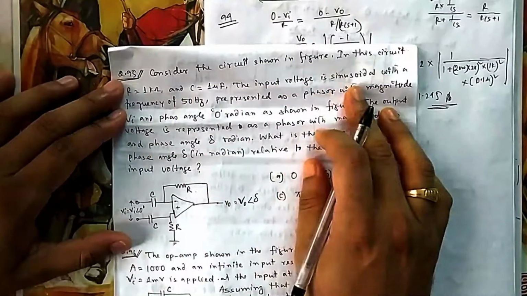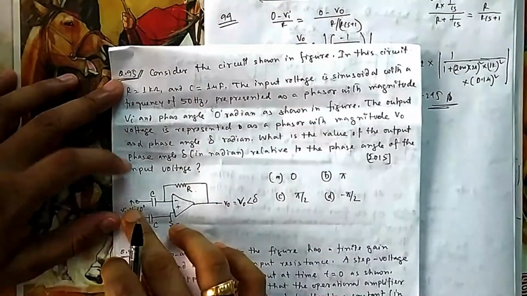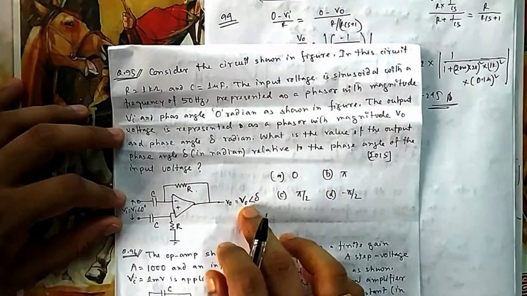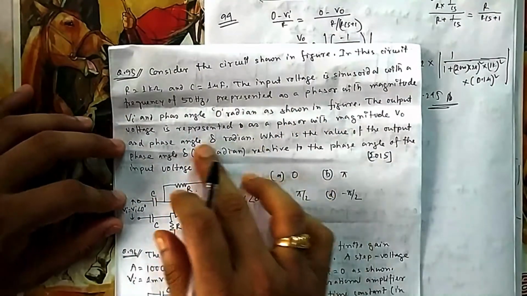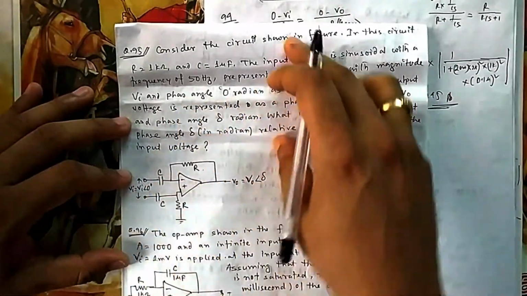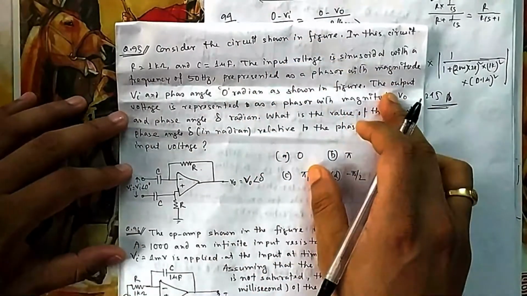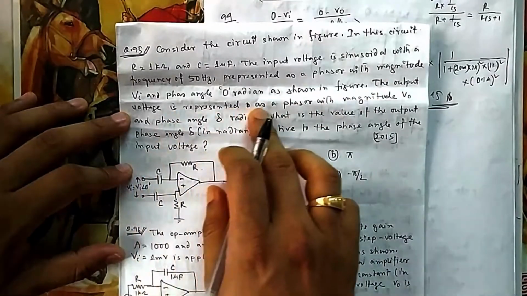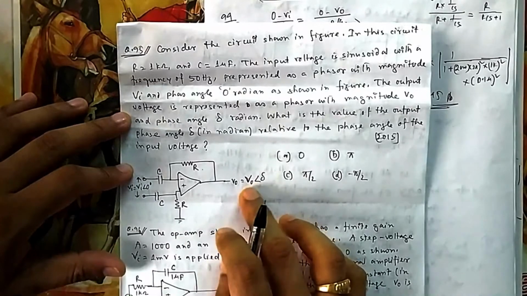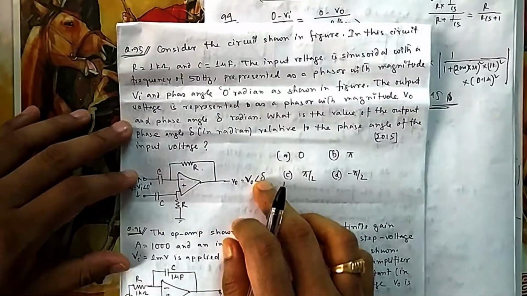Consider the circuit. In this circuit, these R and C are given. It is a sinusoidal of the frequency. This is given, represented by a phasor, this one. Output is also represented by a phasor, this one. There are so many written statements, that we already know. Just to confuse you, just to make you feel that the question is so big. But it is the same: the output voltage is represented by a phasor of this magnitude and this angle.